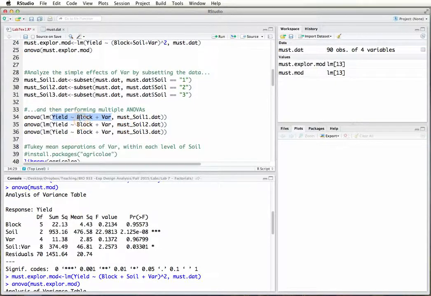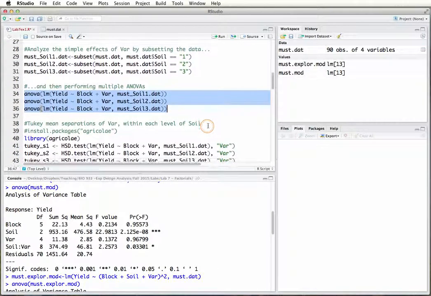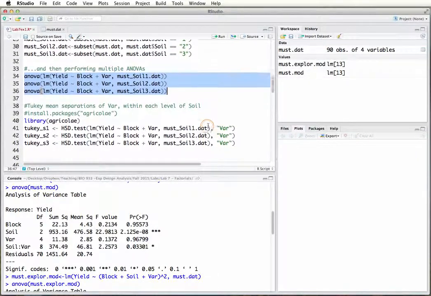Now this is just a simple RCBD in which block and variety appear. And that's true for soil 2 and for soil 3. So these three subsets of data are now fed into 3 linear models, 3 different ANOVAs. And then what I could do, if I were interested in ranking the soils from best to worst, I